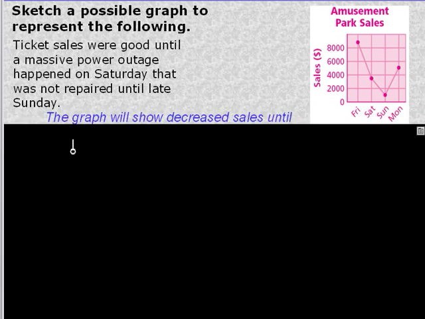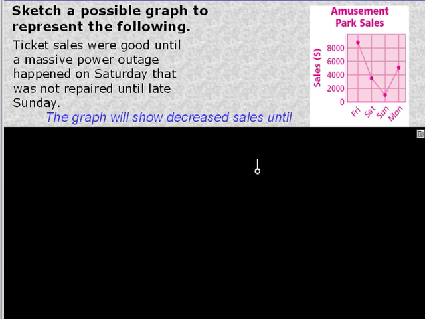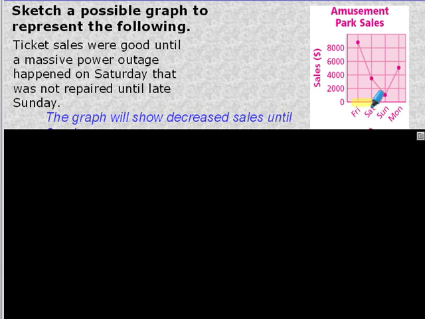All right, sketch a possible graph to represent the following situation. Ticket sales were good until a massive power outage happened on Saturday. So we're still at the amusement park. That was not repaired until late Sunday. So if this is our timeline, Friday, Saturday, Sunday, Monday, and things are going along, and then all of a sudden we have the power outage, which happened on Saturday,